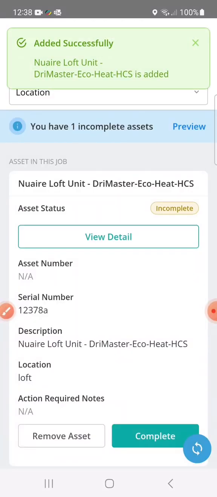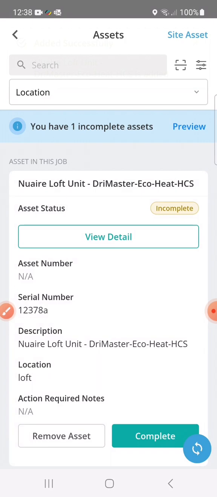And I now have a chance to add additional information by going to view detail, and I can add more information to this, or I can click complete. In this case I will skip the view detail, but please have a view of what's available in that section. For now I will simply click to complete,